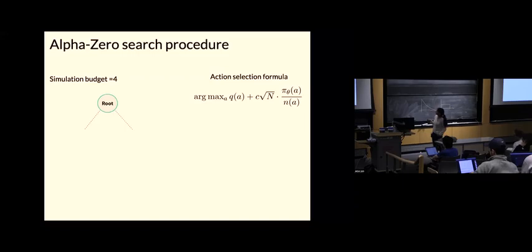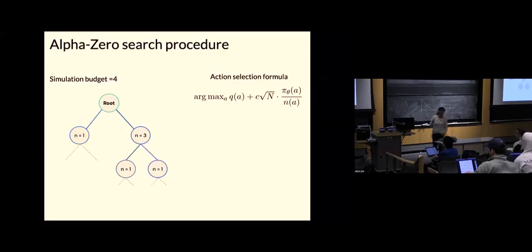So we start with the root, and then here is the first trajectory. We added this extra state. Here is the second trajectory, and our second rollout. Here is our third, and here is our fourth rollout. And we made a tree, and that tree has 4 nodes, all right? And the N tells you how many times you've visited a particular state, correct? And this is how you were selecting the actions within your tree. And outside of the tree, nobody cares anymore because we just use our value network to evaluate.